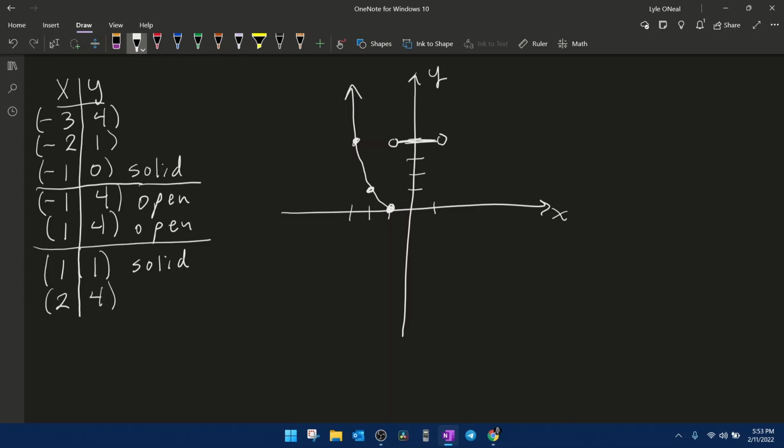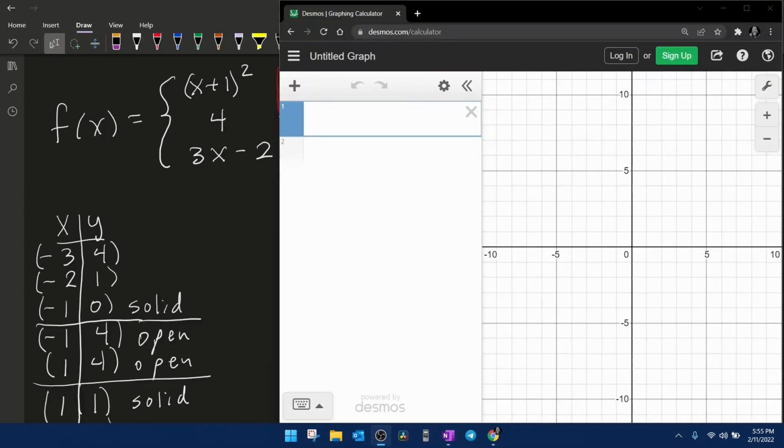Last, 1, 1 is a solid dot, 2, 4. And if I connect those points, making a line, I get the last piece of the piecewise function. And that should be it for that particular function. Now, the last thing I'd like to cover in this lesson is how you can use Desmos to check your